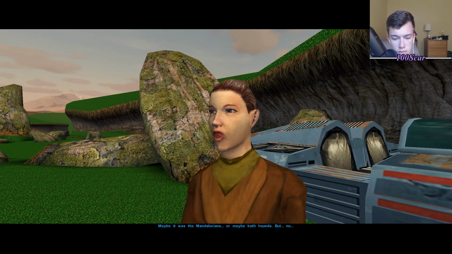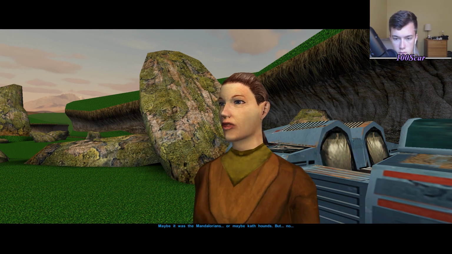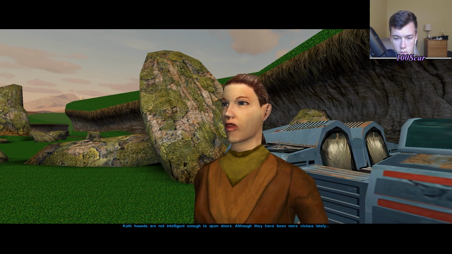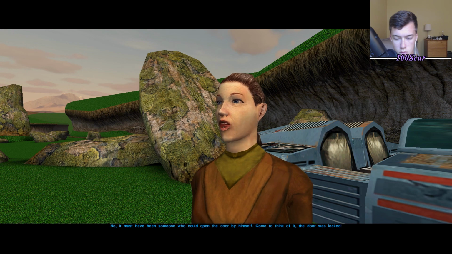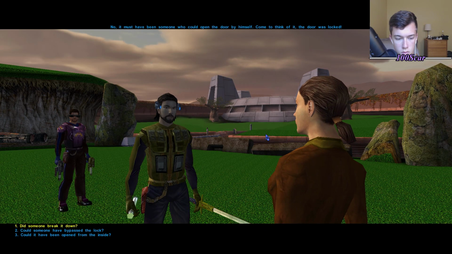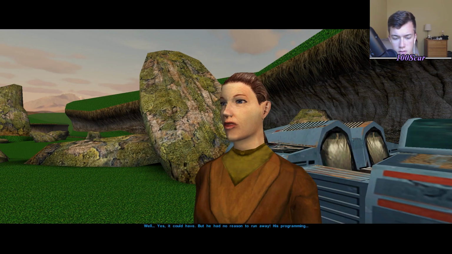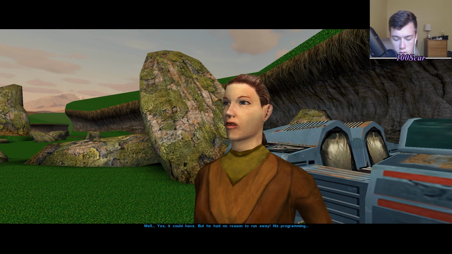It is possible. Maybe it was the Mandalorians. Or maybe Cath hounds. But no, Cath hounds are not intelligent enough to open doors. Although they have been more vicious lately. No, it must have been someone who could open the door by himself. Come to think of it, the door was locked. Should it have been opened from the inside? Well, yes, it could have. But he had no reason to run away. His programming...